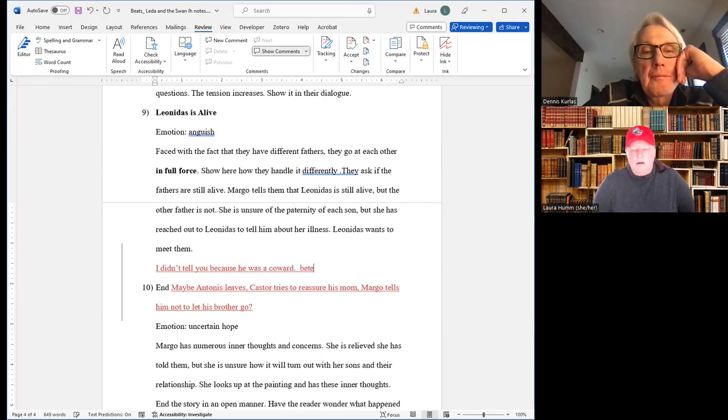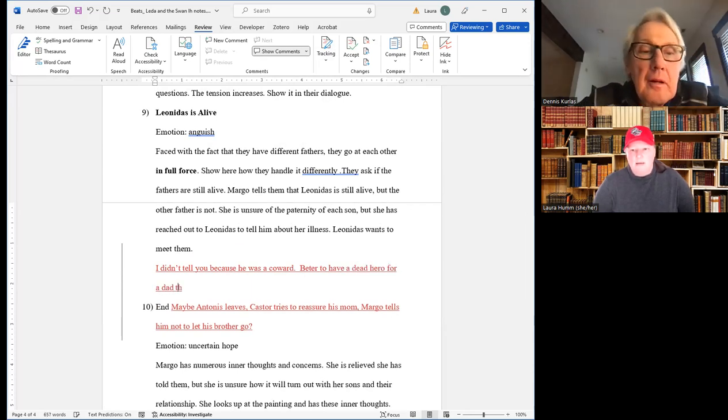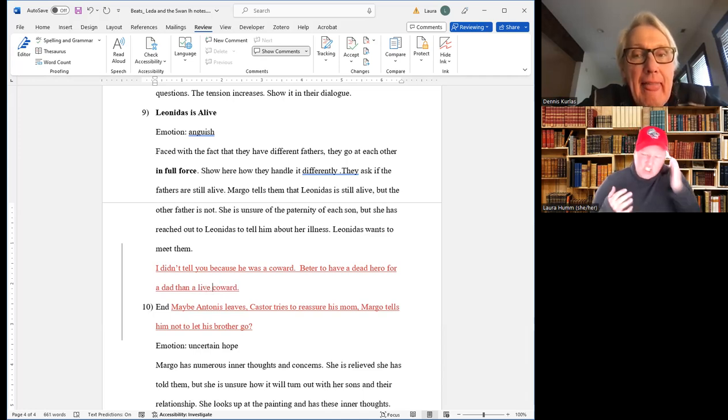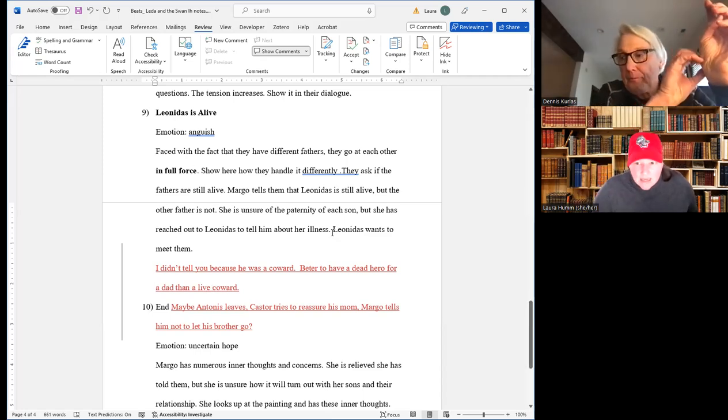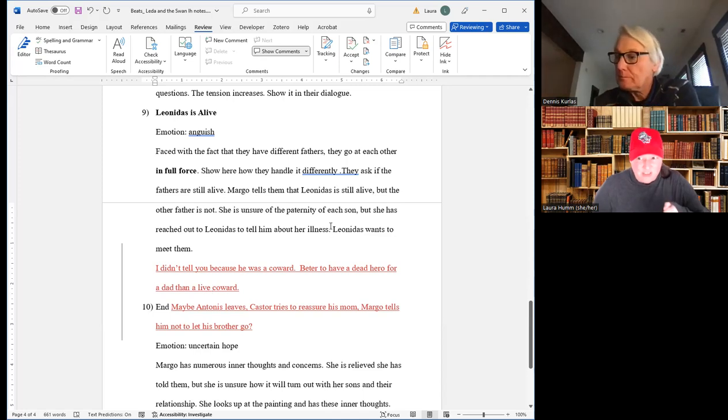Better to have a dead hero for a dad than an alive coward. Something along those lines, just something to justify, because it's not just enough for her to tell him that his father's alive, but